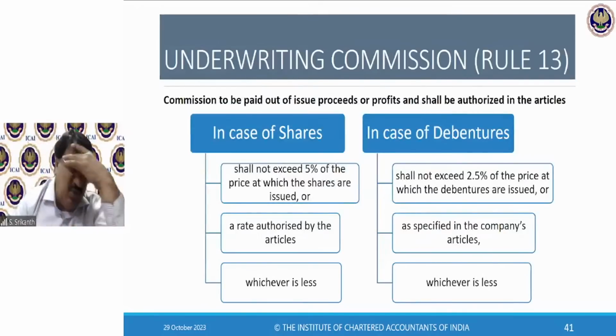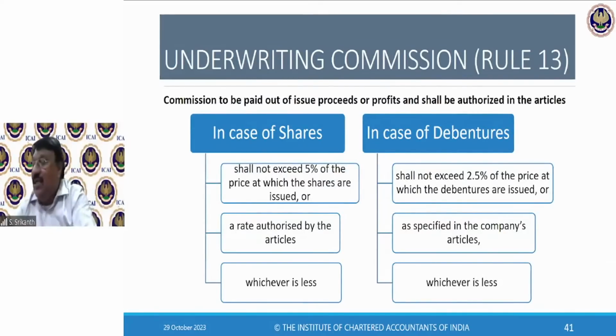Ashwini, I was explaining so much background so that you will understand better. See, what you are telling is different. Underwriting commission is commission given for taking up shares in case the issue is not fully subscribed. In addition to this, brokers will also get commission for selling the shares on behalf of the company. Your example is different from underwriting commission. That is called normal commission. So, brokers will sell when they promote, and if applications come through them, they get some commission. That is different from underwriting commission.